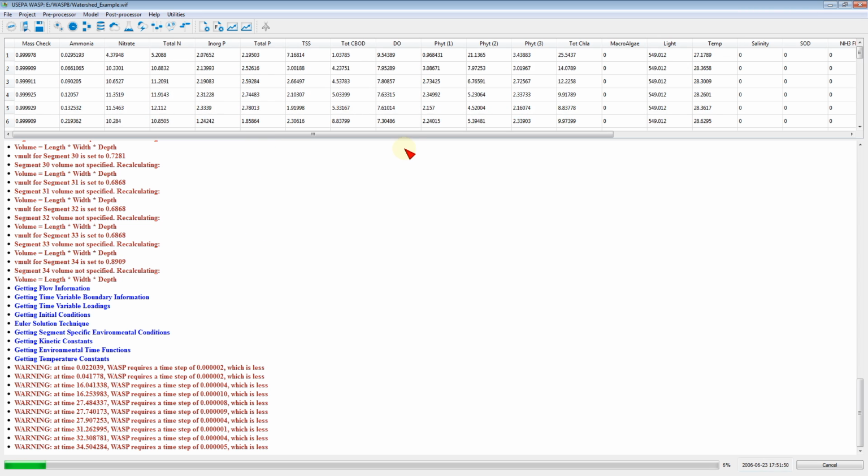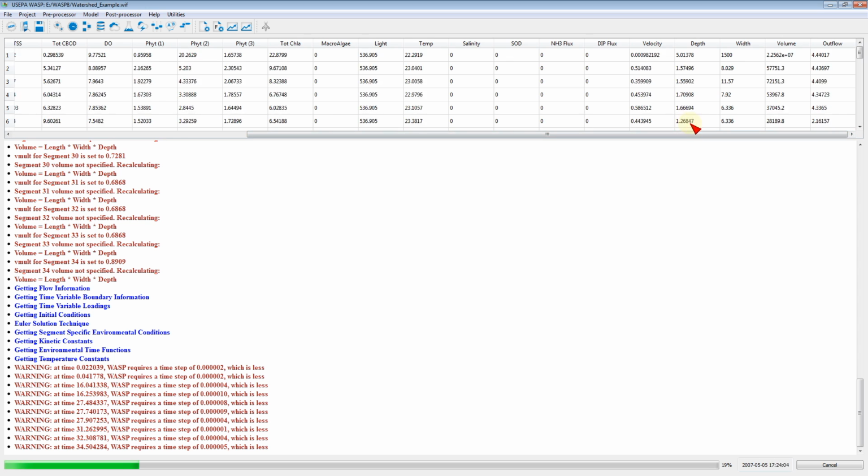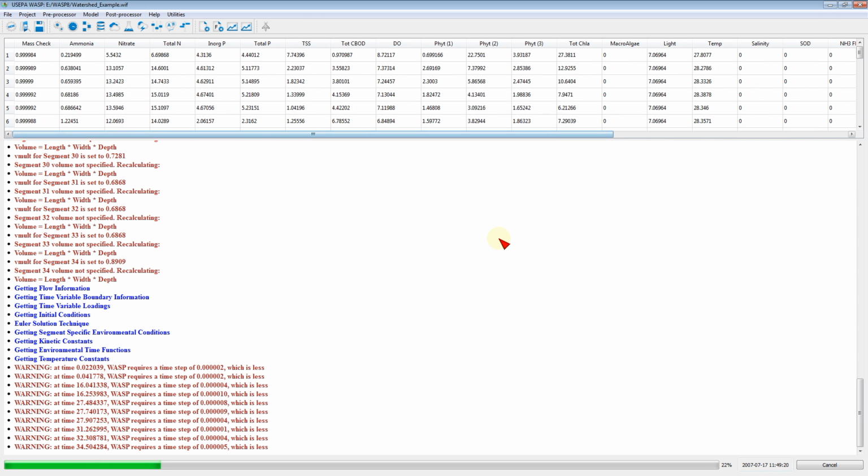This grid up at the top just shows you the calculations that are being made at the current time. So you get to see most of the state variables. You get to see some environmental fields like light, temperature, and then out here you'll have the transport, water velocity, depth, and so on and so forth. And you can see it's all changing in time,